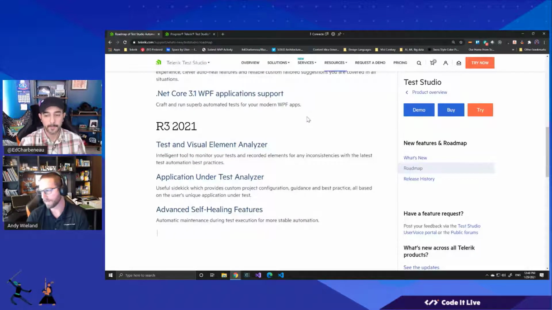Yeah. And last but not least, I think on that list, test analyzer, element analyzer, more self-healing. Different applications test in different ways, and there's different settings to adjust. And that's one great thing about Test Studio. It's not just built for one type of application. We test Angular applications. I mentioned it was .NET framework under the hood, but you can test against your Angular, and as you'll see Blazor, of course, that's .NET. But any web type of application, whether it's custom controls or Telerik controls, obviously we do even more with Telerik